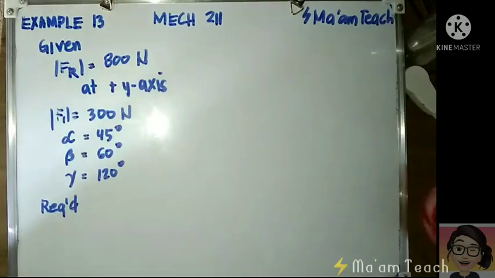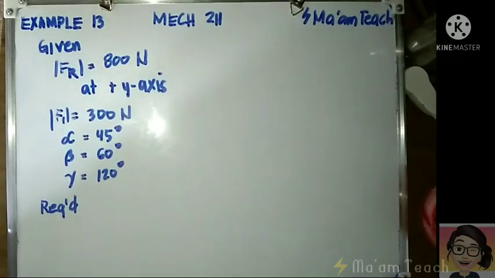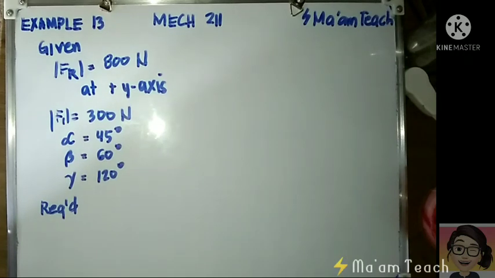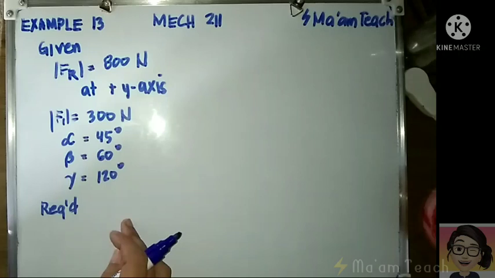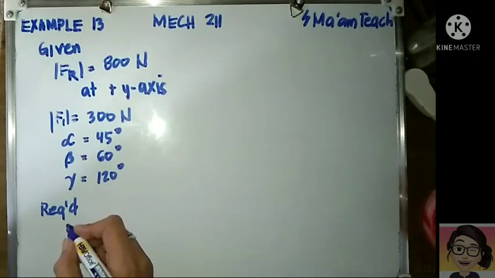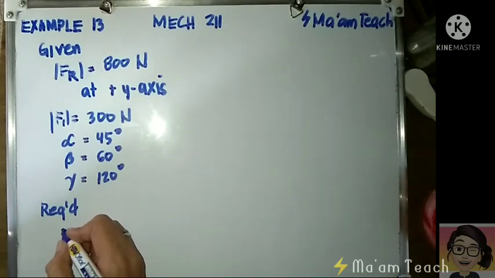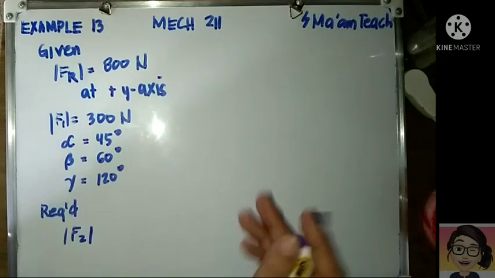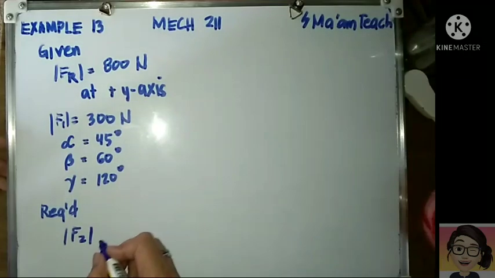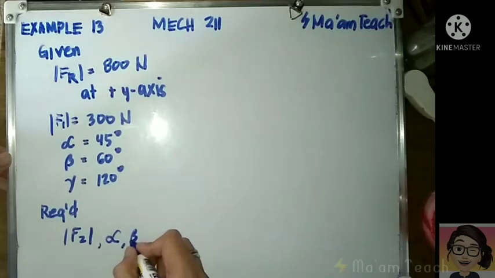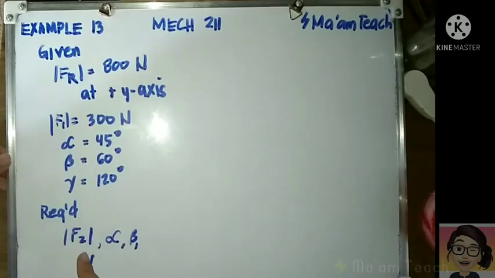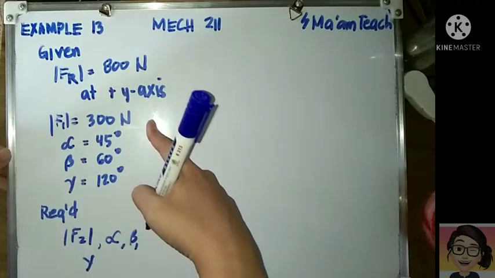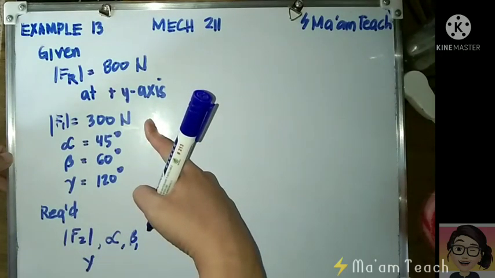Okay, so for example number 13, if you have seen the diagram or the picture, we are given F sub 1 and F sub 2, but F sub 2 is the unknown. We are asked for the magnitude of F sub 2 as well as the coordinate direction angles of that F sub 2. So we will be solving the alpha, beta, and gamma of your F sub 2 as well as the magnitude. The given here is the magnitude of F sub 1, which is 300 newtons,